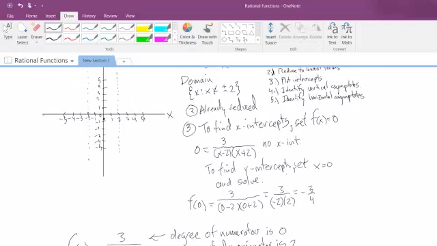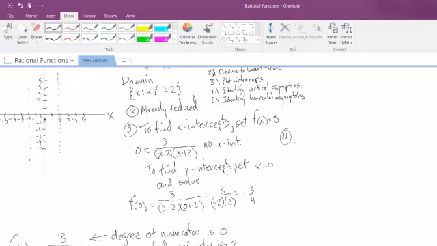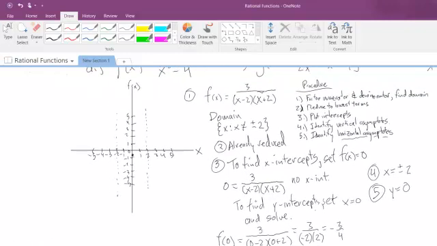So in the fourth step, if I have room over here, in the fourth step, we identified the vertical asymptotes as x equals plus or minus 2. Remember that came from the domain in number 1. That will always be the vertical asymptotes, how you find them. Step 5, y equals 0 is the horizontal asymptote right here. Horizontal asymptote. Okay, so now I just need to determine the behavior with respect to these